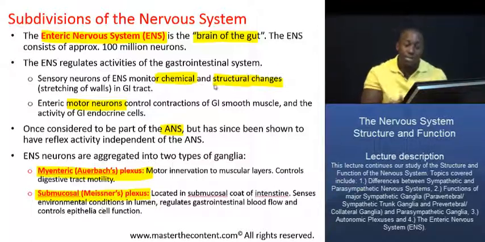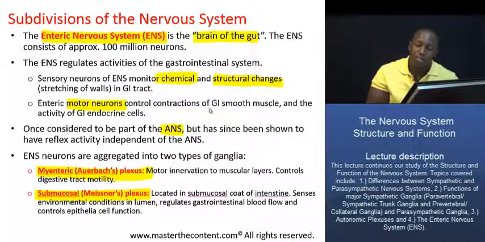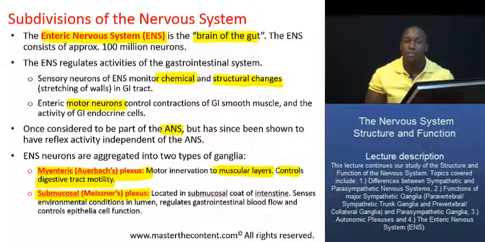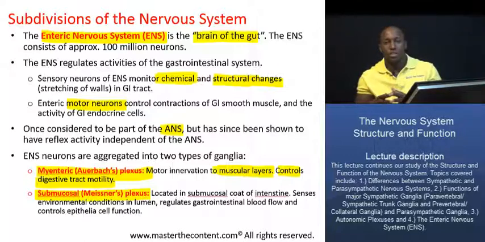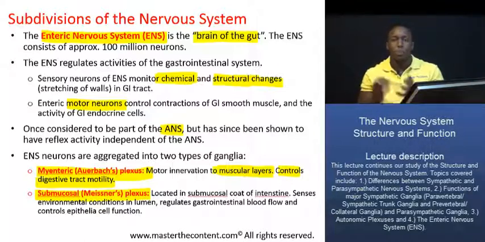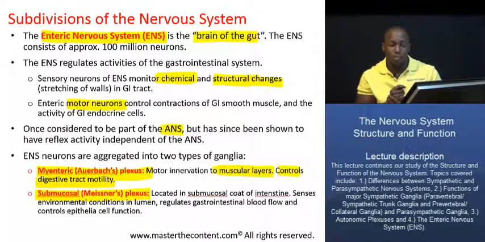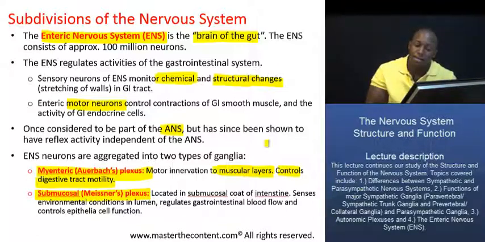So the myenteric plexus is found in the muscular layers of the gastrointestinal system, and it controls digestive tract motility, so the movement of food along the digestive tract. For instance, to move food along, it might stimulate contraction in the smooth muscle of the digestive tract to push that food forward. On the other hand, the submucosal plexus is located in the submucosal coat of the intestine,